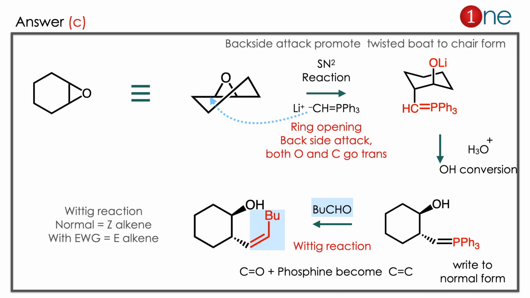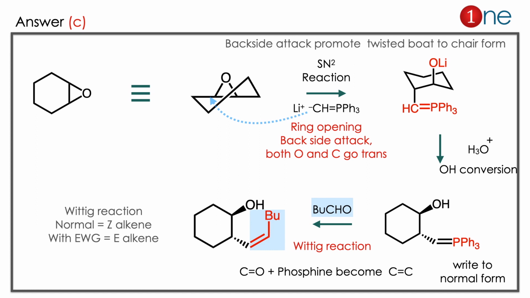Then in the next step you are using the aldehyde. So you might know aldehyde and phosphine, you might guess it's a Wittig reaction. So what the Wittig reaction really does is convert CHO into C=C there. So the product is the alkene there. Here in a normal Wittig reaction you have the Z alkene, meaning cis kind of alkene there. But if you have an electron withdrawing group, it's an E alkene. Here no such thing, so it's a Z alkene there. So the product is clearly C.